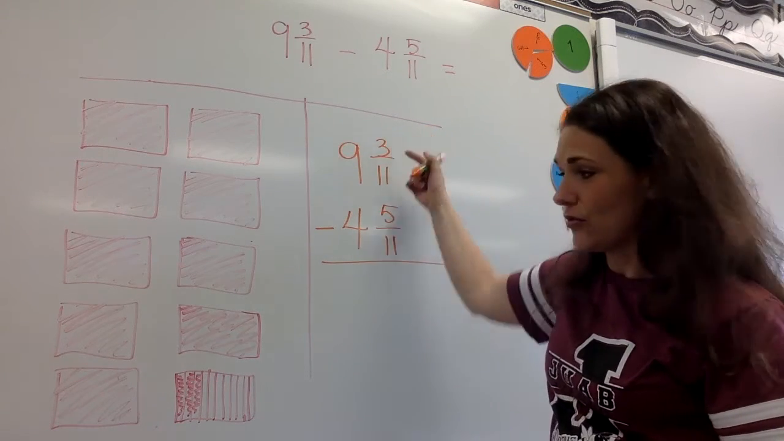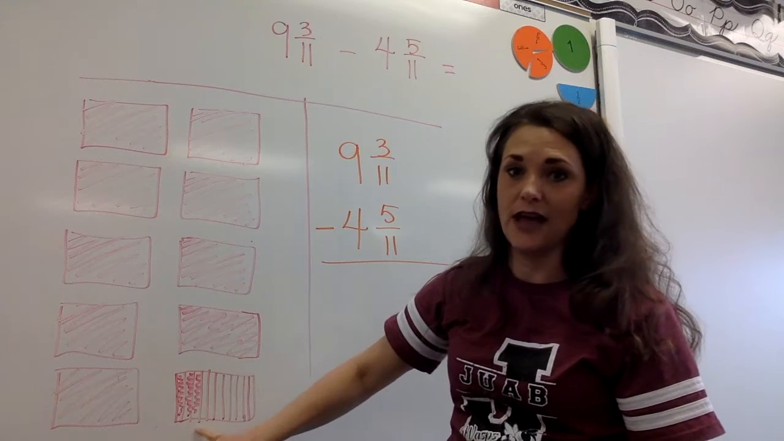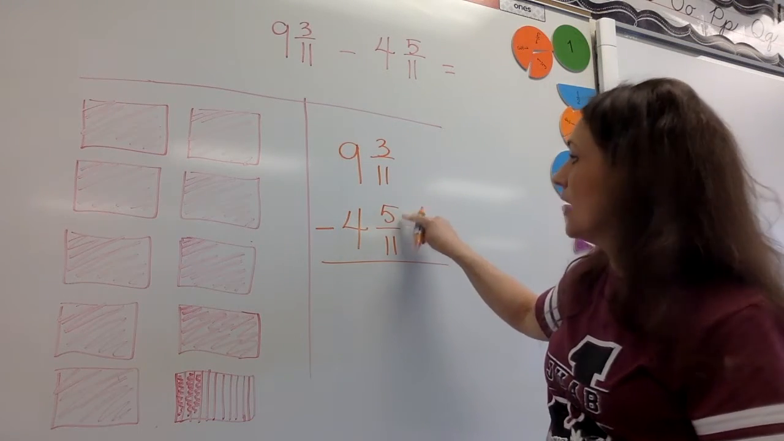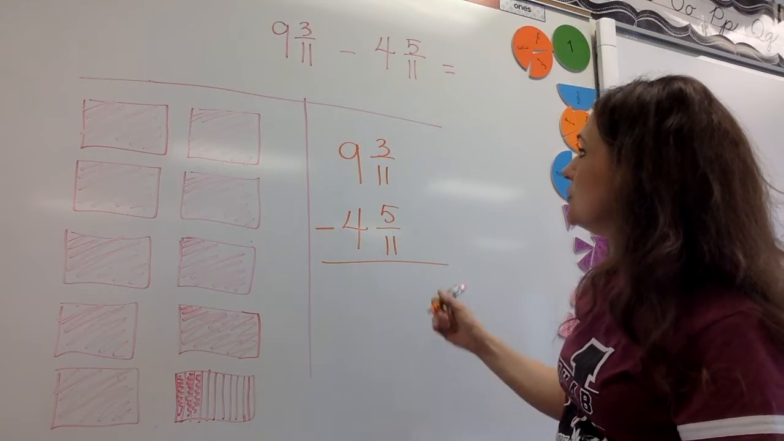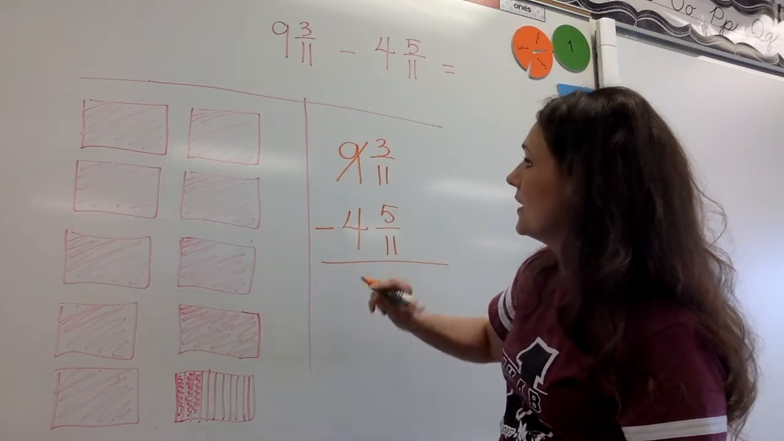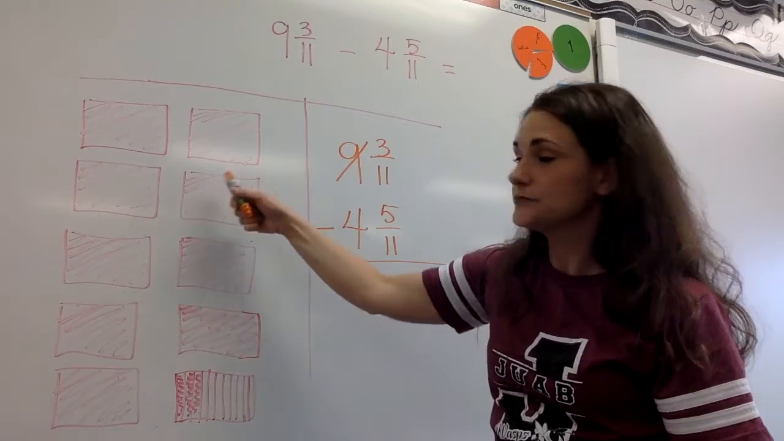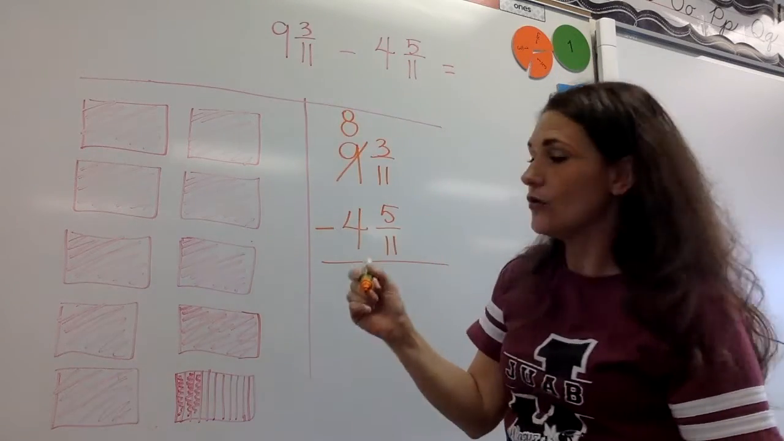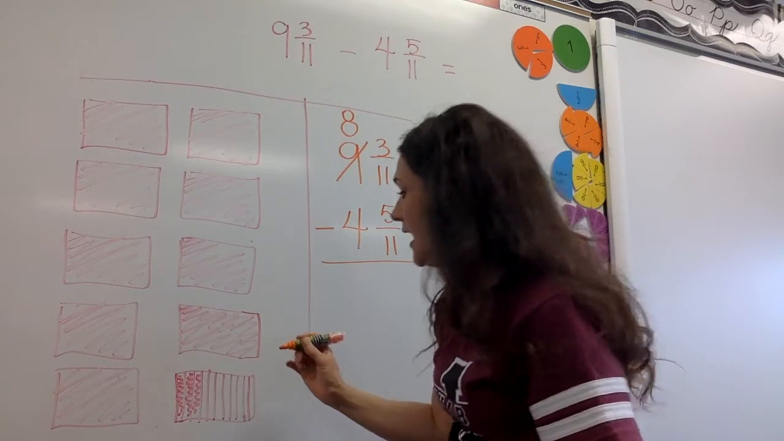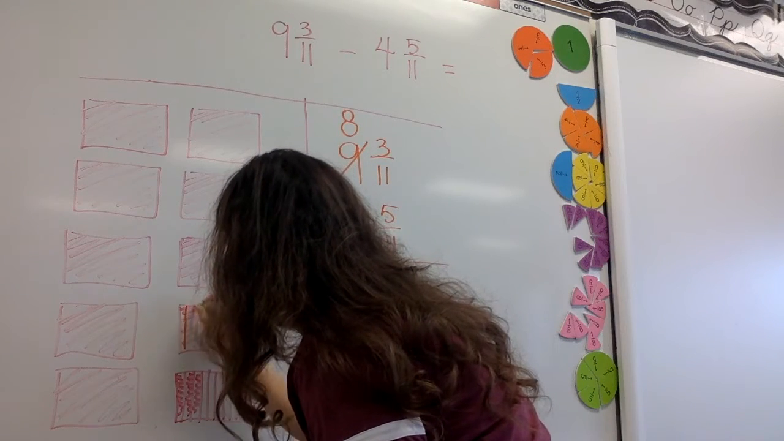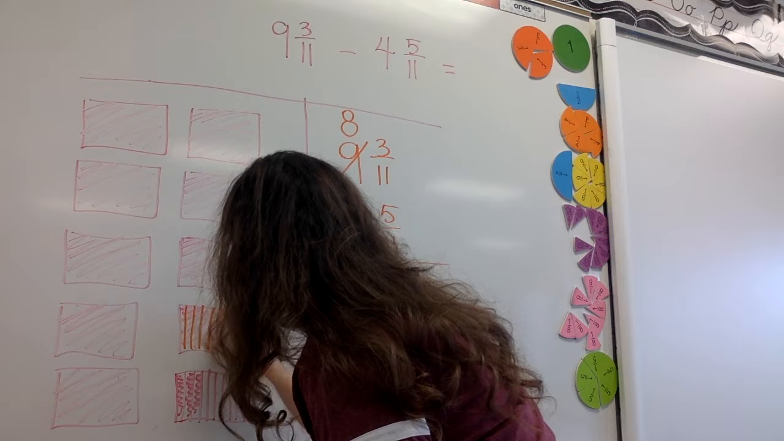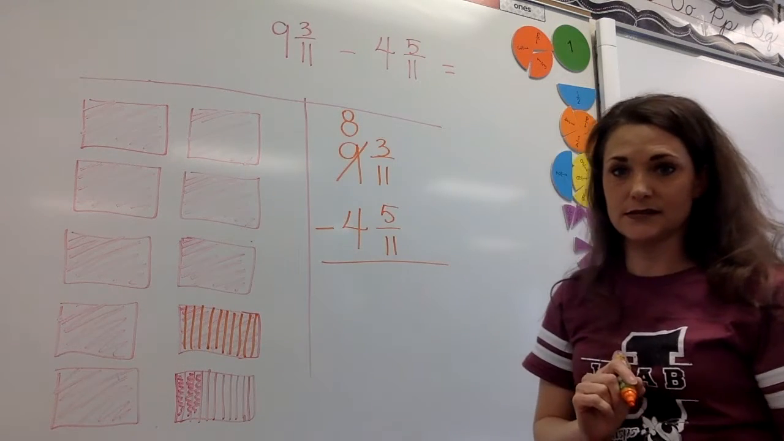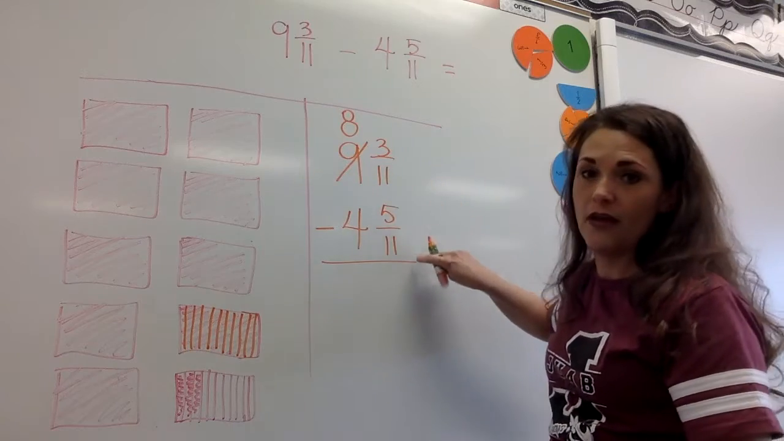But I'm starting with 3. I only have 3 of these little guys, and so I can't take 5 away without regrouping. I need to regroup by borrowing from this 9 wholes over here. So I'm realistically going to have 8 wholes left because I'm going to take this 1 and divide it into 4, 5, 6, 7, 8, 9, 10, 11 little pieces,